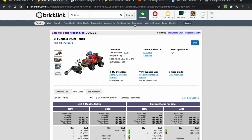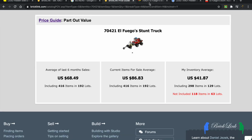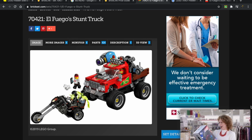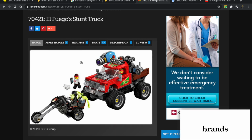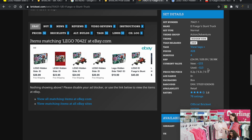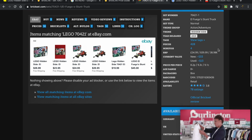And I can confirm that as I have parted out in the past. So it's not one of those sets that has an amazing part out value and then perhaps the pieces don't sell. Now here we are on brickset.com. And yeah, we're just taking a look at some of the facts. So when was this released originally? This appears to be...